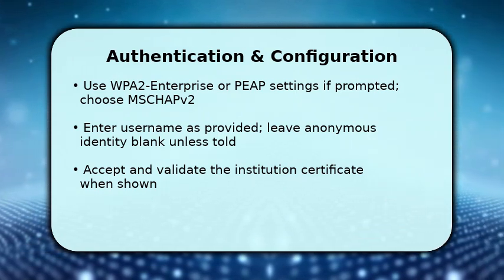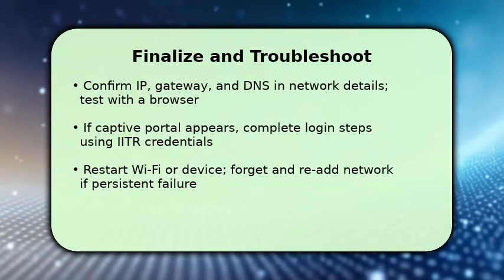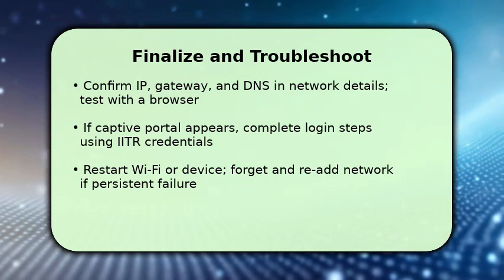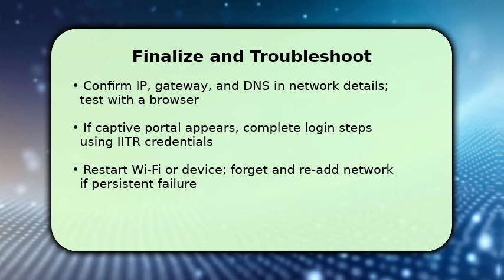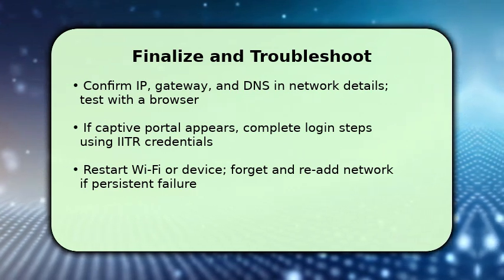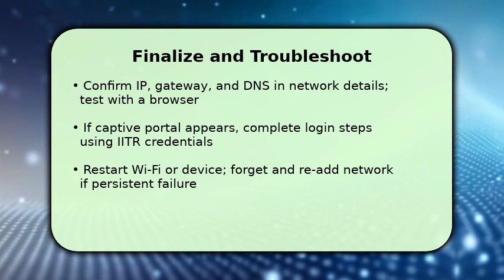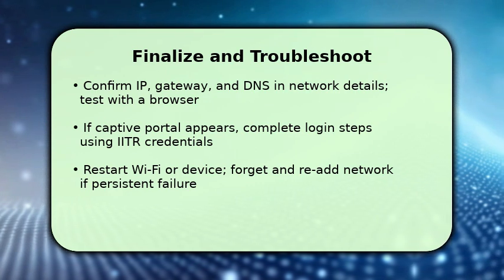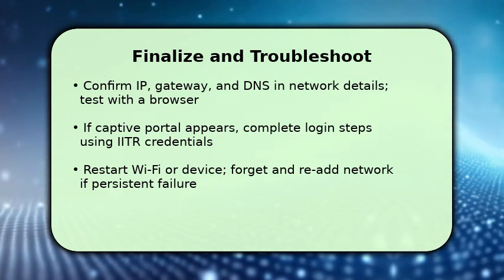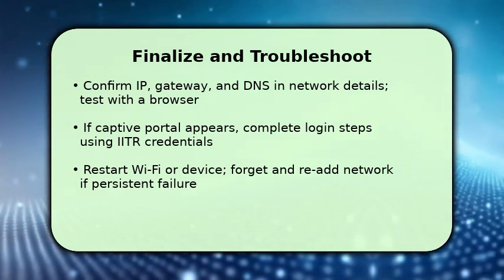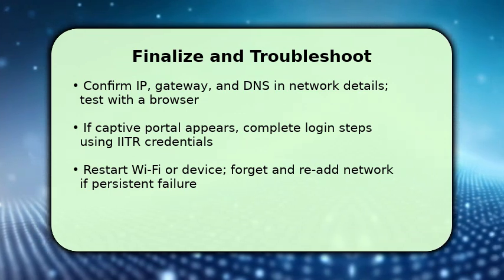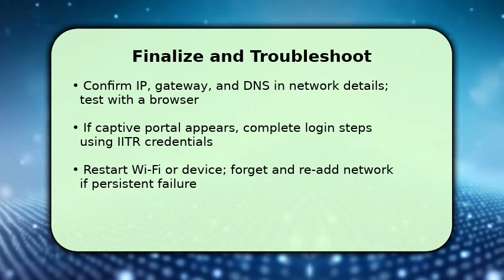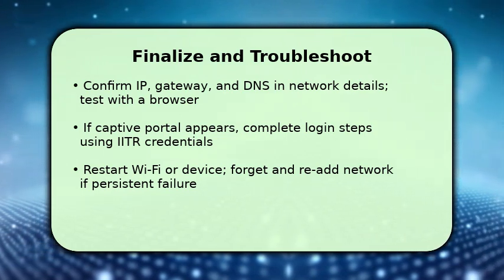To finish, verify the connection by checking IP, gateway, and DNS in your network details and load a web page. This confirms successful authentication and routing. If a captive portal opens, log in with IITR credentials and accept terms. Make sure automatic proxy settings are off unless IITR requires them. If you cannot connect, restart Wi-Fi or the device, then forget and re-add the SSID. This clears stale configs. If issues persist, contact IITR IT with device type and